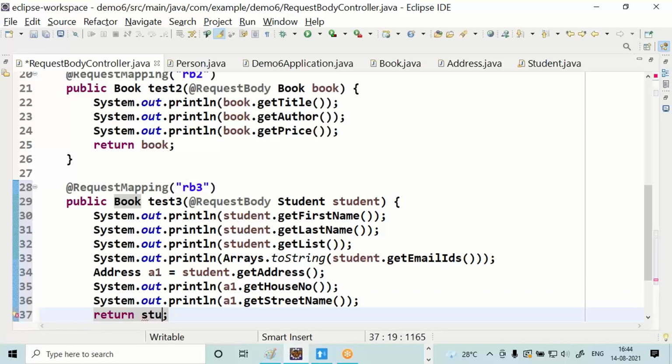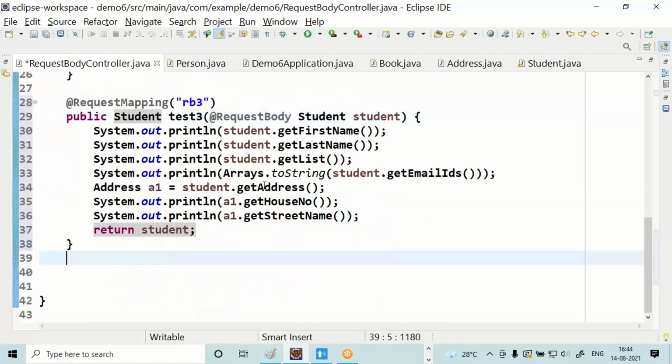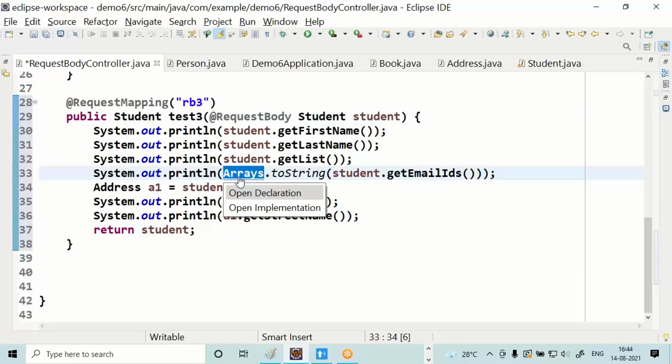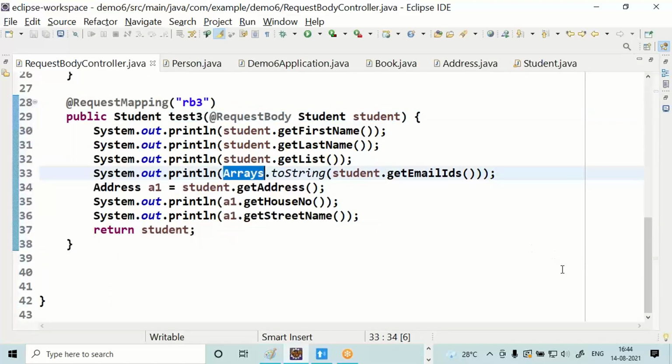Finally, return a student. Return type also student. Everybody, you need to import the Arrays class. I'm trying to print the array content in the same line.